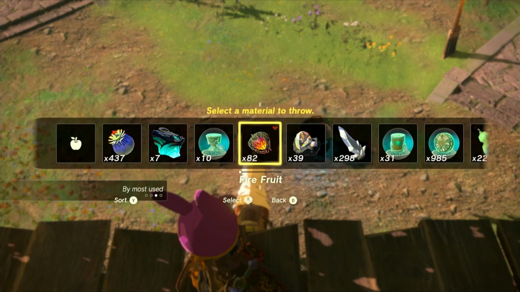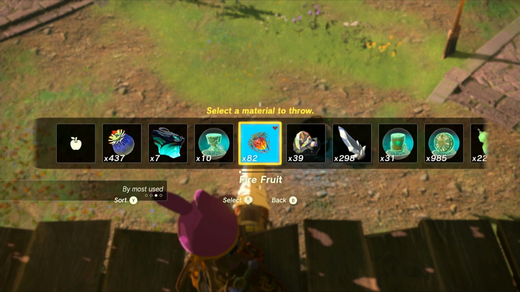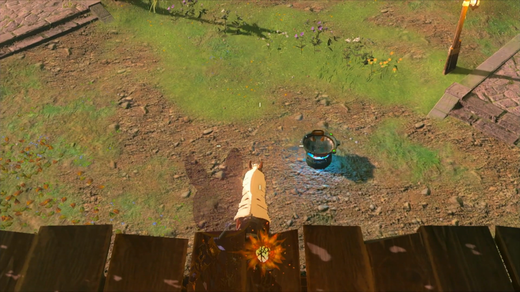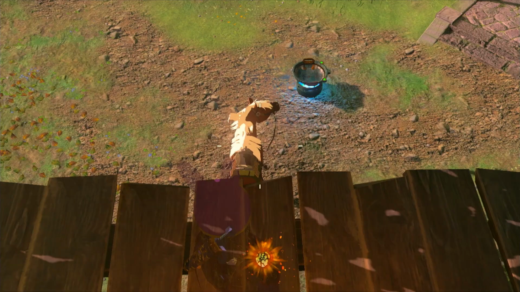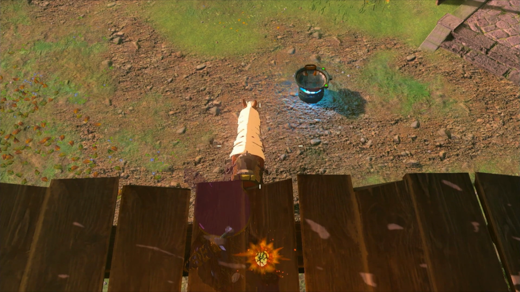You need to press up on the D-pad and pick literally any item. It does not matter, but you need an item in your hand. If you're just holding your weapon with R, this isn't going to work. So with our item in hand, we're going to jump forward off the ledge onto our horse, but before we